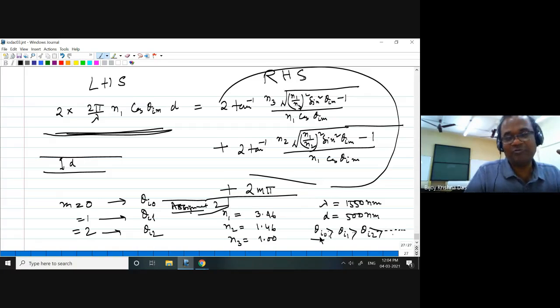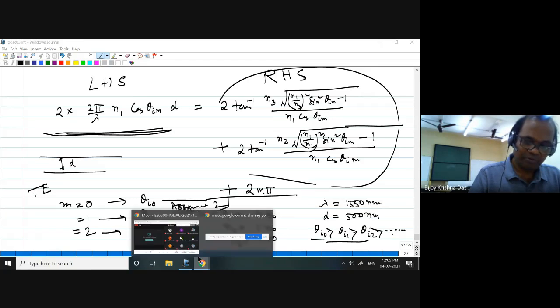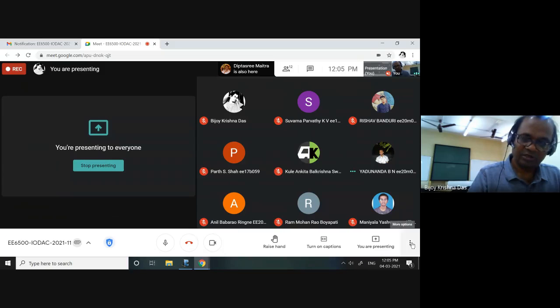It is not feasible, you will find. Just think about that, and then try to find this type of solution for both TE polarization and TM polarization. At least try for TE polarization maybe. And let me know. Tomorrow we'll start from here, from this assignment. Once you plot this one, I will ask you what your answer is, and based on that I will move to the next class. Okay? Any question? If not, I can stop now today.